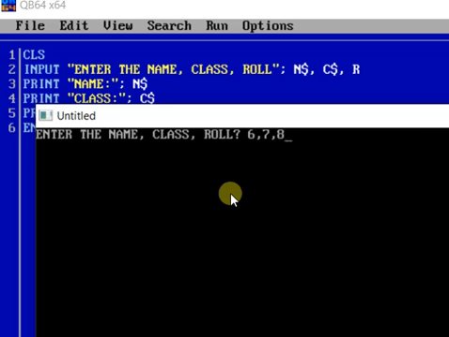But as this is a new version, a QBasic simulator, QB64, in this it is something different. It will take all the values whatever you give, but the alphanumeric variables will treat this 6 as an alphanumeric 6. $C will take 7 as alphanumeric 7, and R will take it as normal number 8.